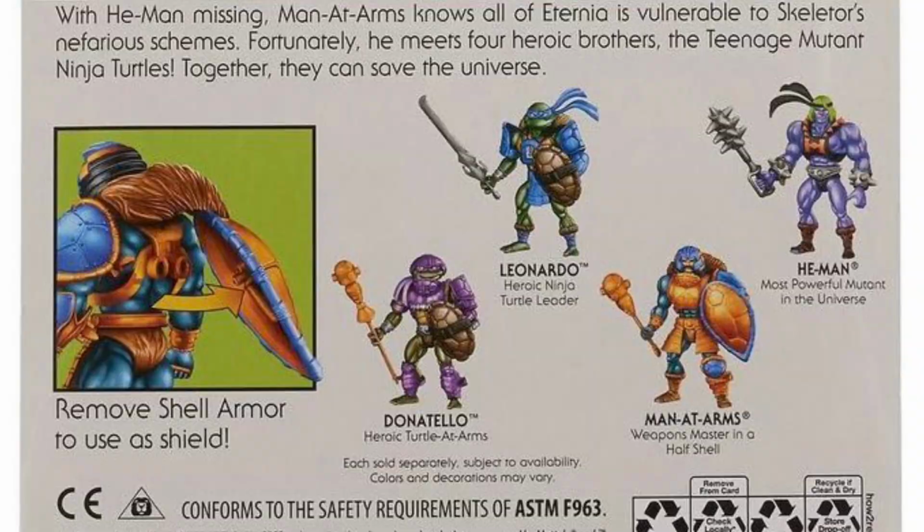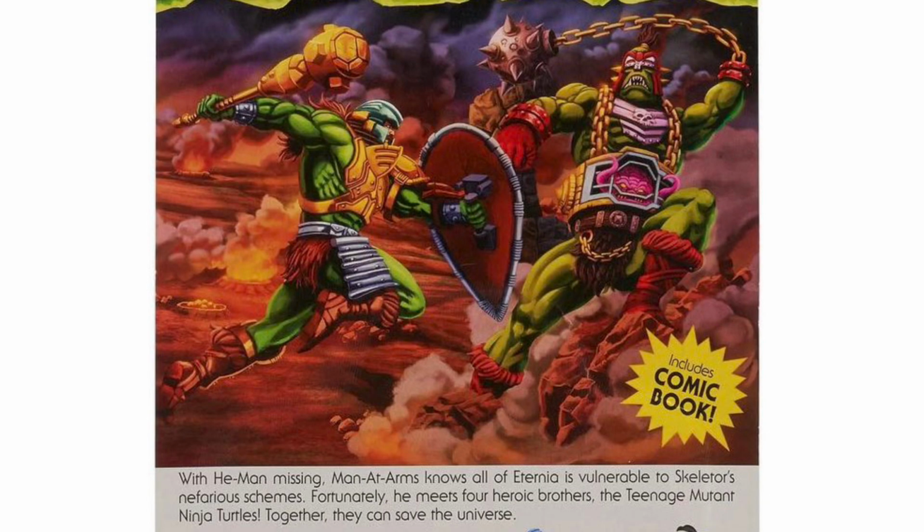Okay, that's it. The write-up here has a pretty critical plot point. It says here, with He-Man missing, Man-at-Arms knows all of Eternia is vulnerable to Skeletor's nefarious schemes. Fortunately, he meets four heroic brothers, the Teenage Mutant Ninja Turtles. Together, they can save the universe. So basically it says here that as a result of the crossover, He-Man is now missing. So where is he supposed to be? Maybe he's on the Earth that the Turtles came from. No one knows. But I guess that's the reason why Leonardo is stepping up to save the day with the